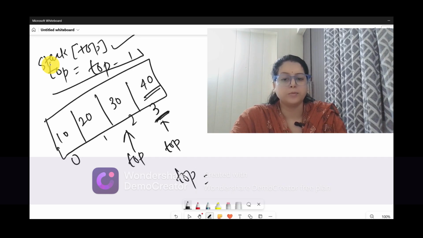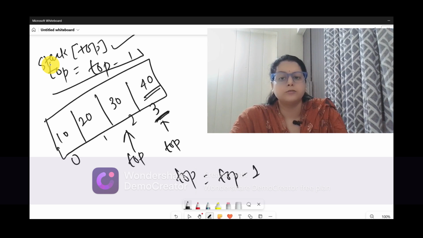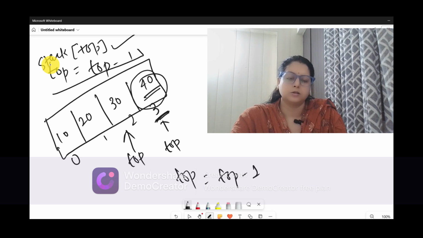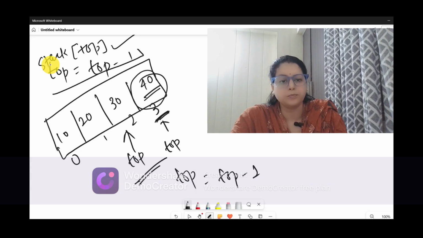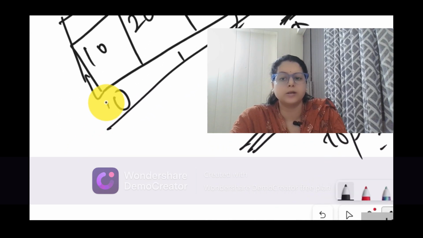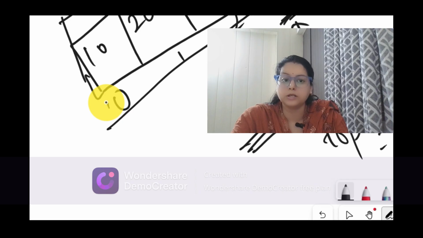What we have done is top equal to top -1. We have just shifted the position of the top. Inside the memory 40 still exists, but there is no problem in the stack. If we are just shifting the top position, the stack will be considered only up to this top position, although 40 is still there inside the main memory. Once the top position is shifted, the new stack is considered to be 10, 20, 30, at the 0th, first and second positions only. According to the data structure, this is allowed, and the stack is considered only up to the top position.